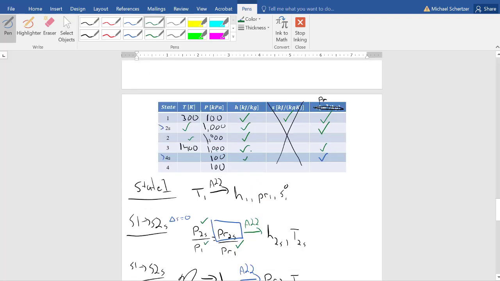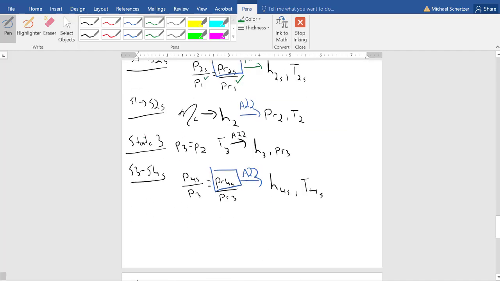So here, now we know this and we know this, right? And now, as we go from state 3 to state 4, we use the turbine efficiency just like we used before. And that turbine efficiency will give us H4. And once we know H4, maybe we would just realize that we're done